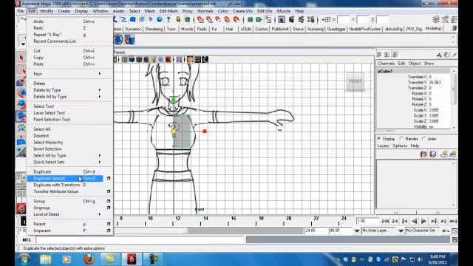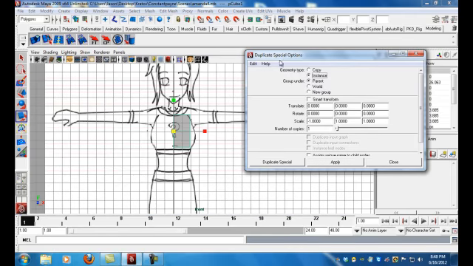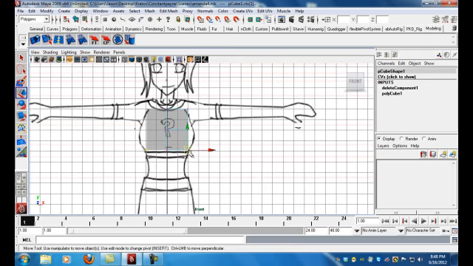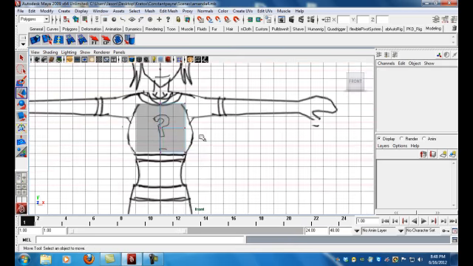We're going to go to Edit, Duplicate Special, and we're going to take this half object now, reset the settings, go to Insert, Instance, -1 in the X. This is X, Y, and Z, so -1 in the X, which means it's going to scale in the X. Apply. Close. Okay? So now what will happen is when I select this, that will follow automatically, which is what